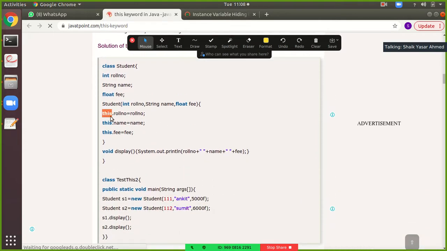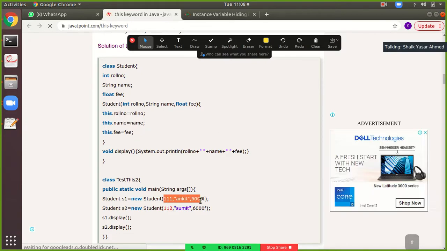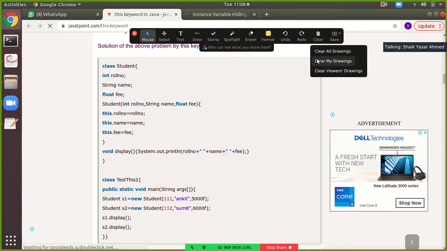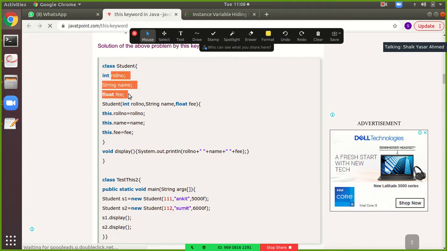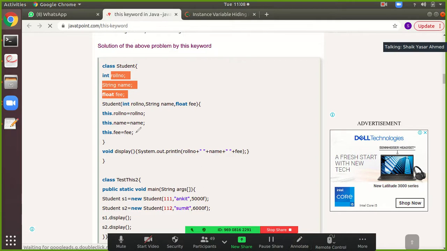The variables of this class Student are this.rollNumber, this.name, this.fee. So these are the local variables, and these are the instance variables. If suppose the instance variables and the local variables are the same,